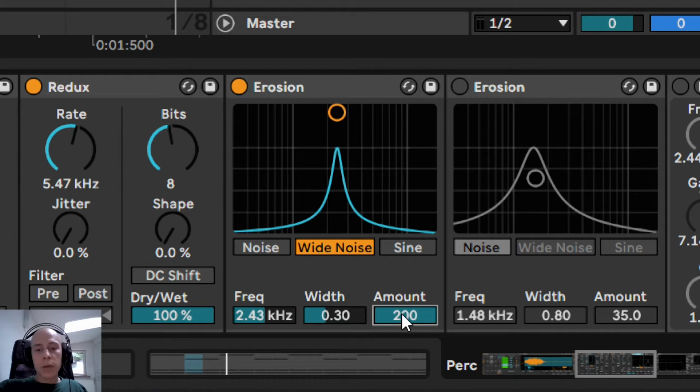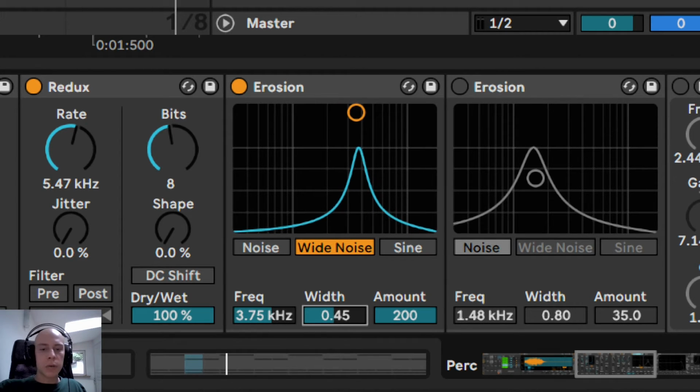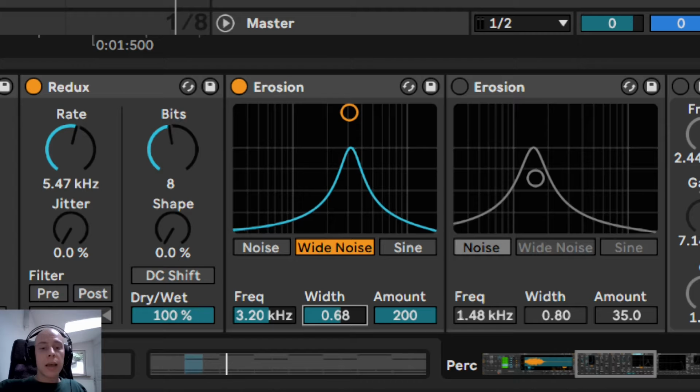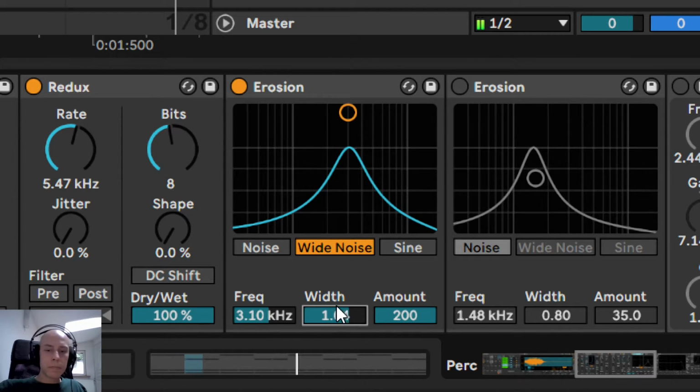At first, I will crank the amount to a very high number, so we add lots of this noise. Then it will be much easier to set these remaining filter parameters. The center frequency tells the frequency range we will be adding to the shaker sound, and the width controls the bandwidth. It means how much frequencies around the cutoff frequencies are going to be added.